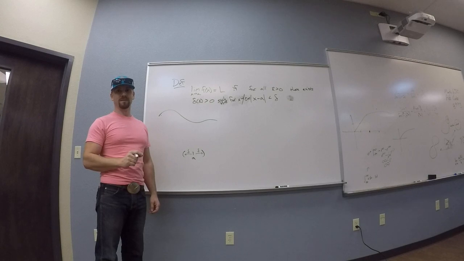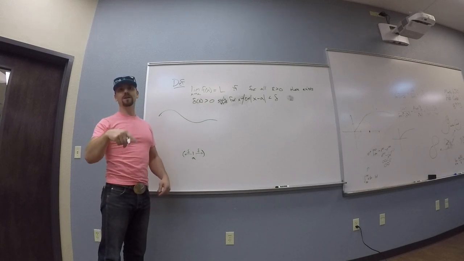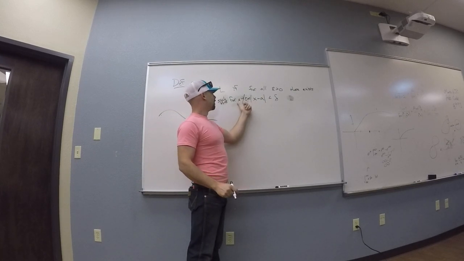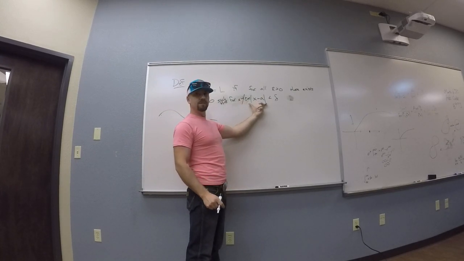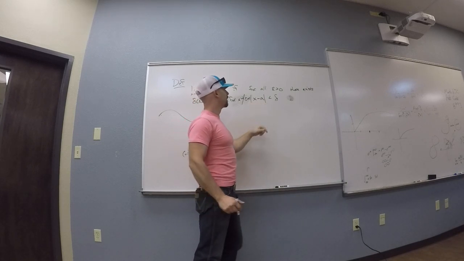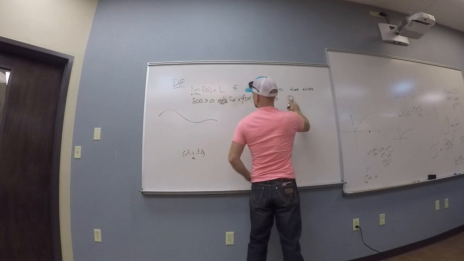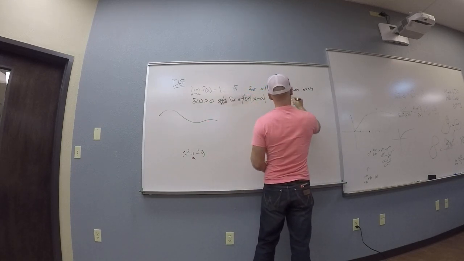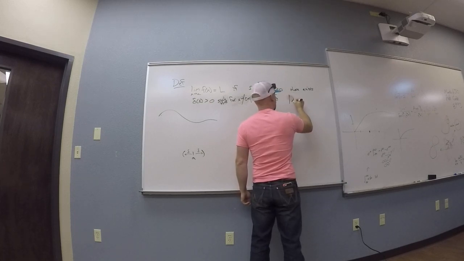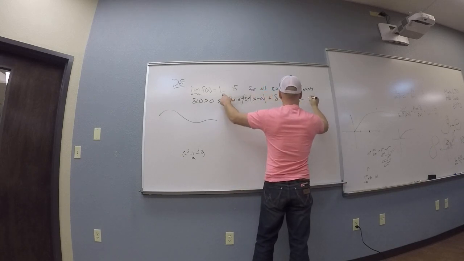I'm approaching, not at a. So I've got for x's within delta, but not at a, such that for x's, the absolute value of f of x minus L